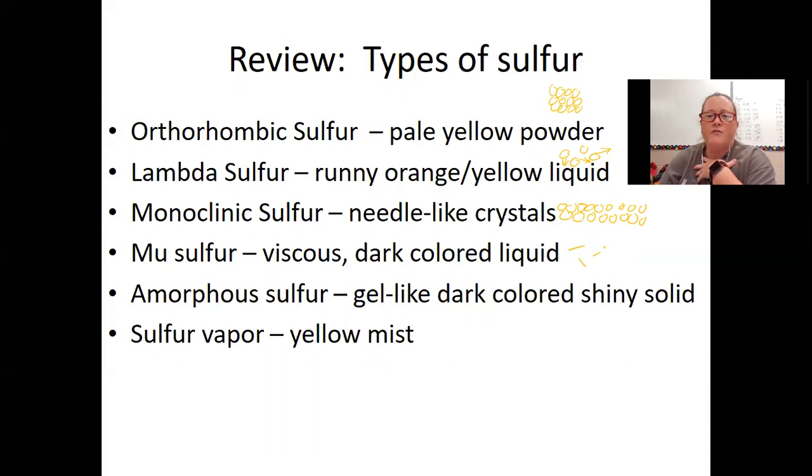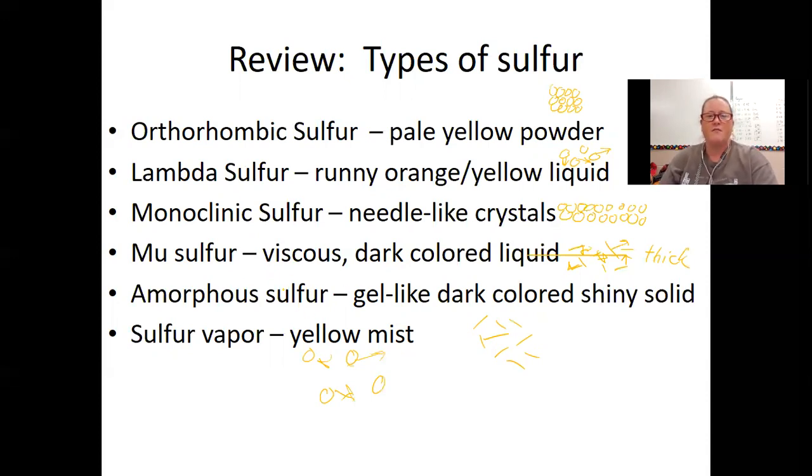Mu sulfur, the rings had changed into chains, and these can move past each other and click into each other, and that's why this is very thick. And then the amorphous sulfur is these chains just kind of frozen into place. And then the sulfur vapor mist would be sulfur molecules that were really far apart from each other and able to move freely. So these 1, 2, 3, 4, 5, 6 allotropes of